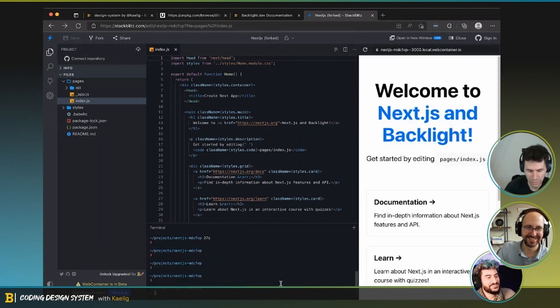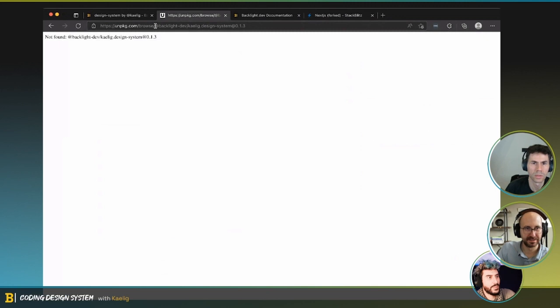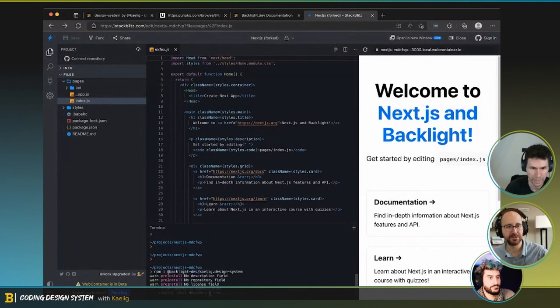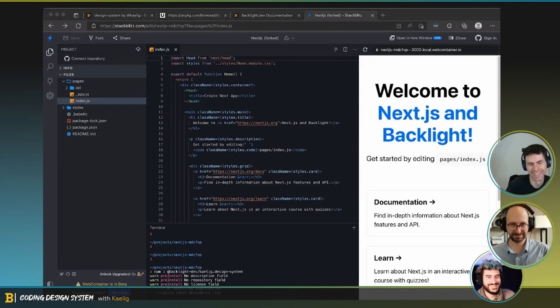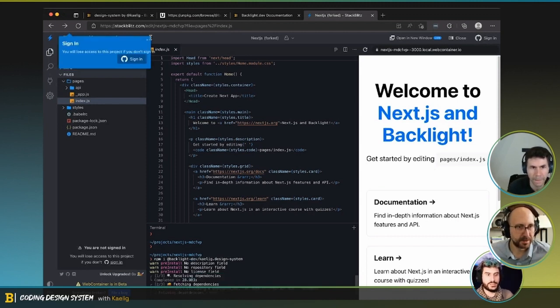So now what we do is npm install, and we install your design system. I wanted to test StackBlitz. It was on my to-do list for a while, so I'm excited. And there are two StackBlitz products. There's StackBlitz with WebContainers, where you have more or less a node environment running in the browser. And there's the StackBlitz where there is no emulator and you run the projects directly on the server side.